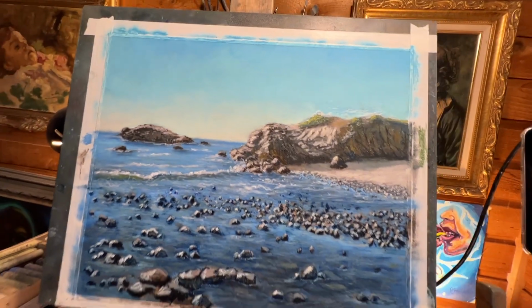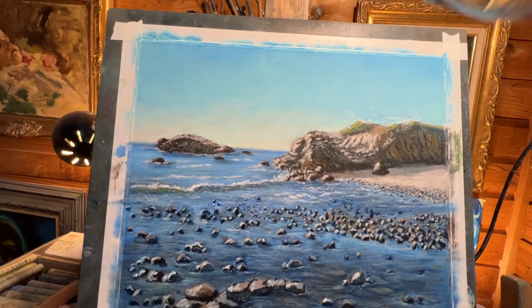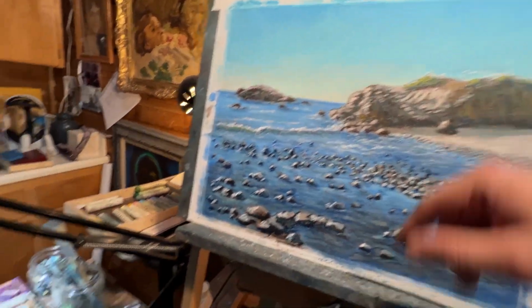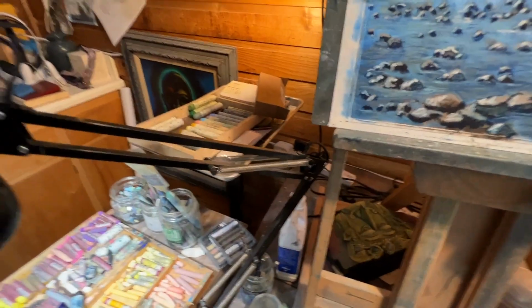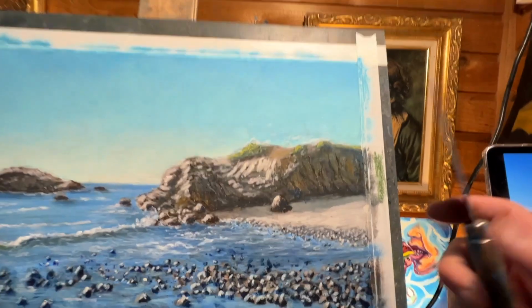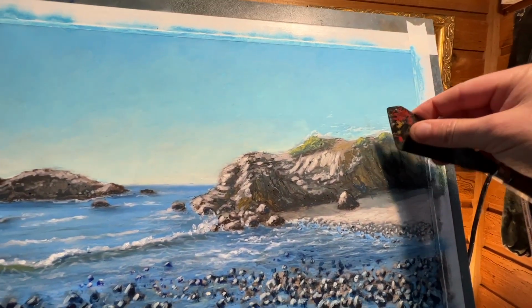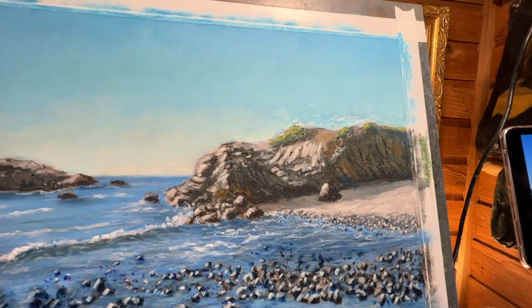And so thinking about how I'm going to do that, since I already have oil pastel in that section, I think I'm going to take my palette knife, and I think I'm going to try to scrape back some of this oil pastel here, which will then allow